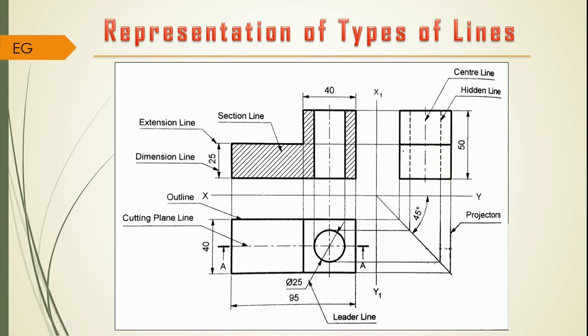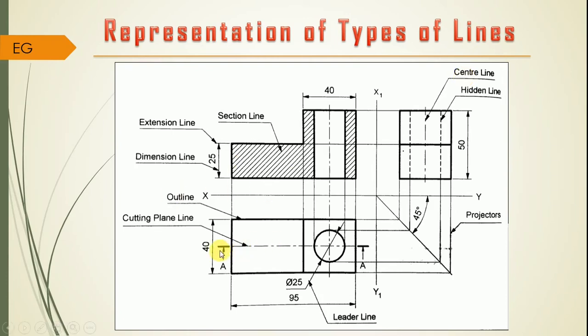Then next to it, chain thin line. Chain thin line means what? Just to show the center line of an object. So here you found this is the center, the central vertical axis of your circular hole. This center line is to be shown by means of a long short line. Here again in the side view you found this long short line, and it is actually that chain thin line with the thickness of 0.2 mm, and it is the center line.